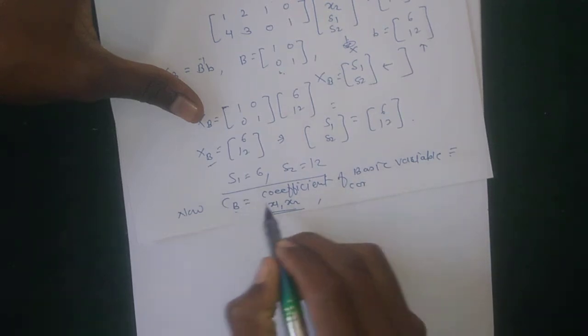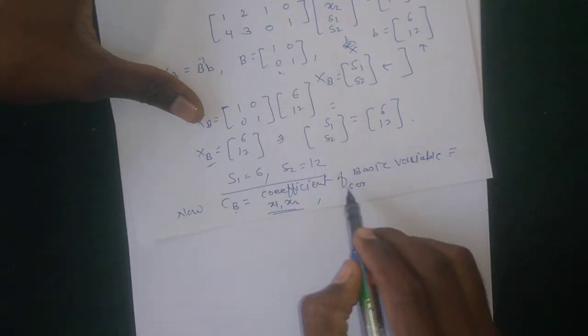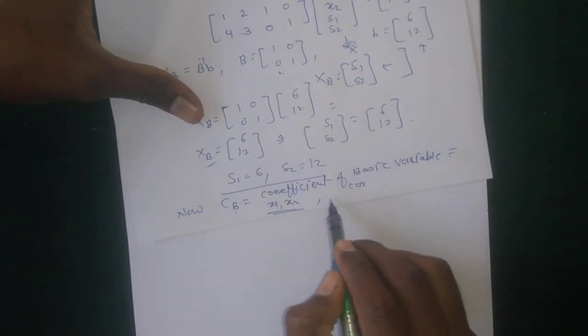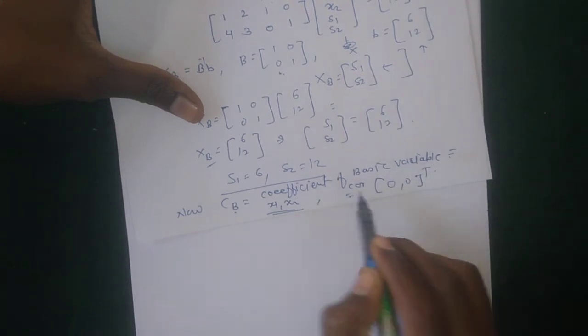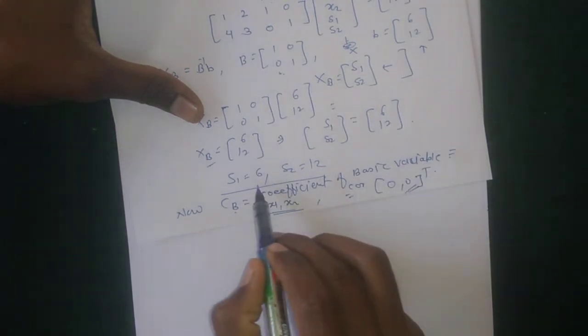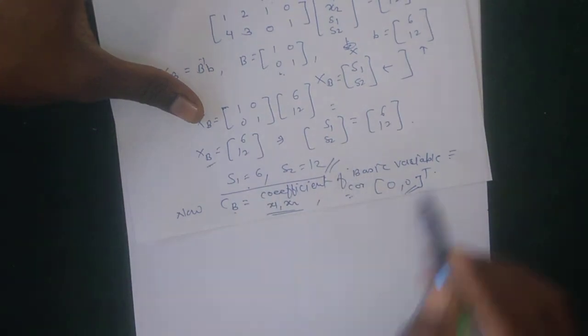Coefficient of basic variable, CB means coefficient of basic variable, and their coefficients must be 0, 0 transpose. That is, the values of x1 and x2 are 0, 0. Only x1 and x2; s1 is equal to 6 and s2 is equal to 12. This value. Now to find